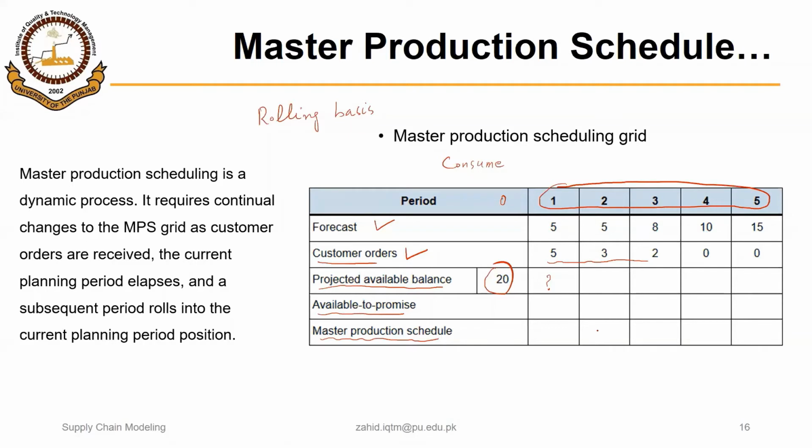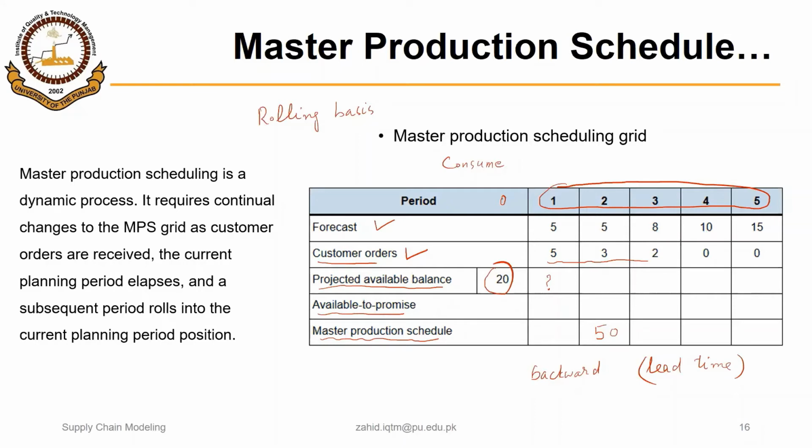This is important to keep in mind: if we have, say, a master production schedule of 50 in period 2, that means we need to have 50 items available at the start of period 2. So we have to then plan backward according to the lead time, of course, to decide when the production of items should start, so that we have the end item available at the start of period 2. That is what we do in material requirements planning.